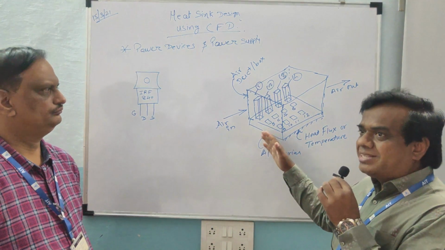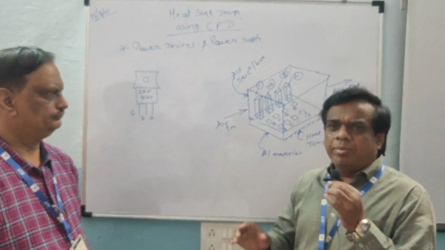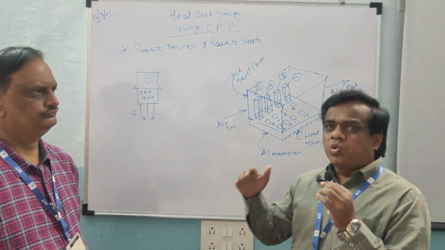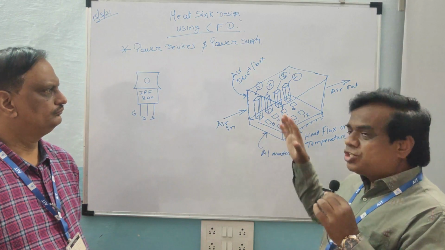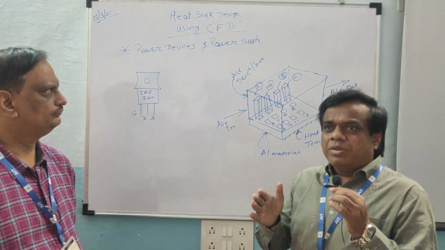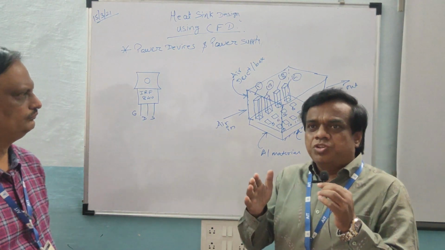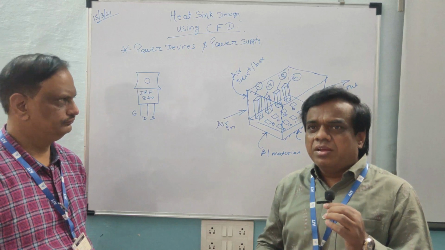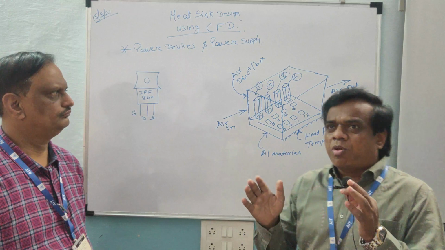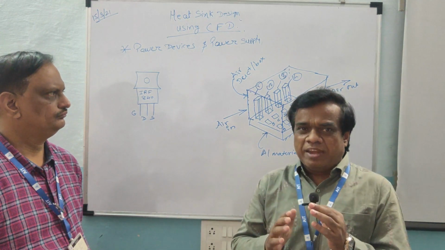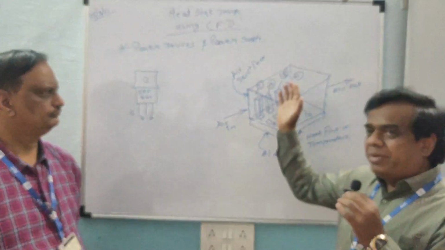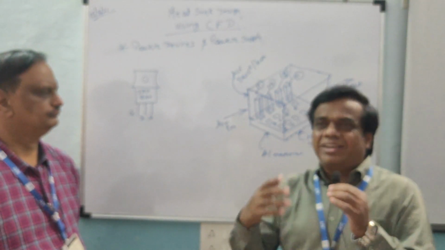We have selected one heat sink of 15 mm by 15 mm, which means very small, and which has near about 12 fins, that is a solid component. But for simulation we need to give some air components. It means we need to give a boundary condition. Boundary condition is nothing but we need to specify this problem in some constrained domain. To decide that domain, I have projected a line from the base so that it will form an air duct.